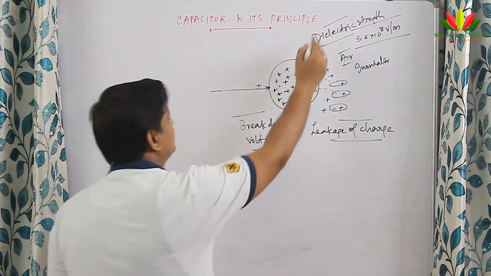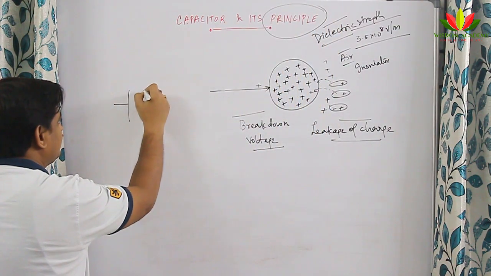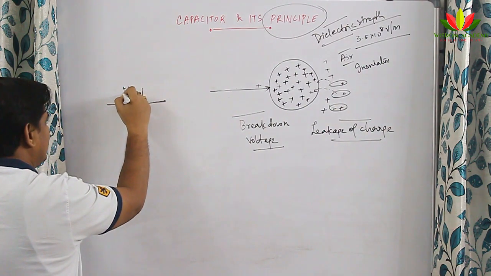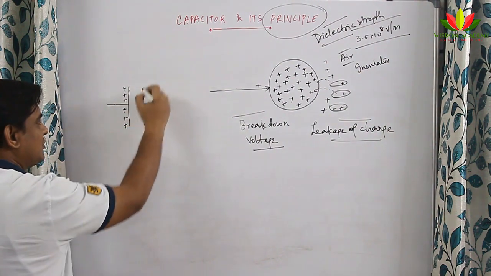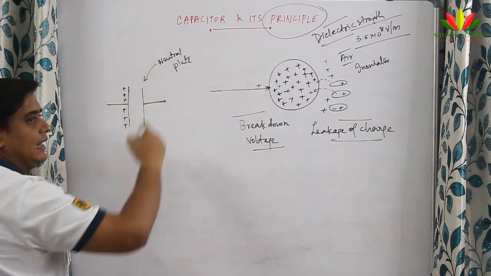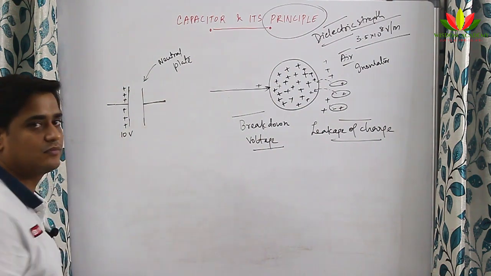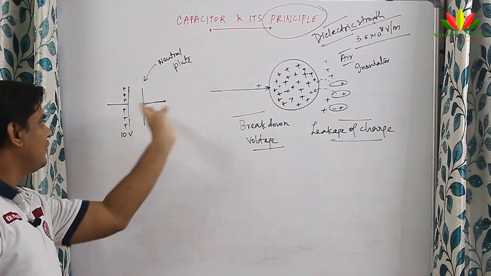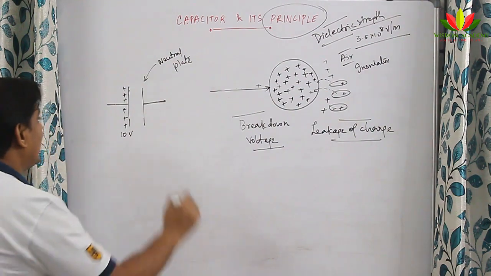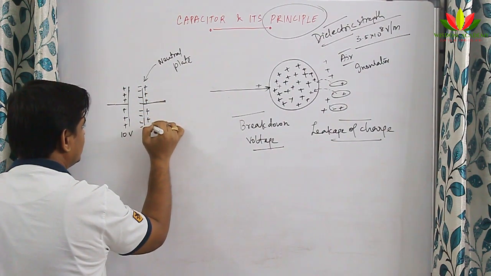Now we have to talk about its principle. For talking about its principle, I will take one small example of two plates. There are two parallel plates, and let one plate be a charged plate. Let us have positive charge around it. This is the charged plate and this is the neutral plate. Let us assume the charged plate has a potential of 10 volt. When you bring a neutral plate in the influence of this charged plate, it will start inducing some charge. So here I will have negative charge and here I will have positive charge getting induced.